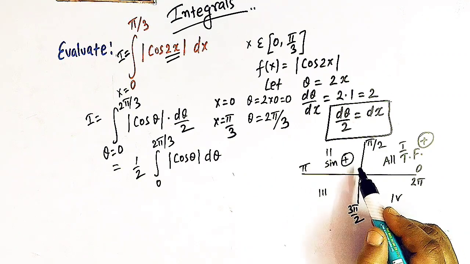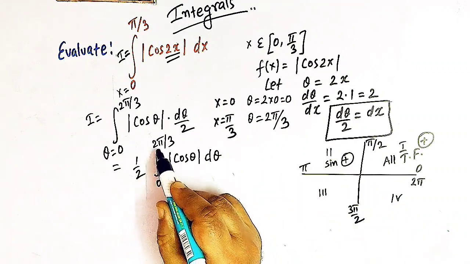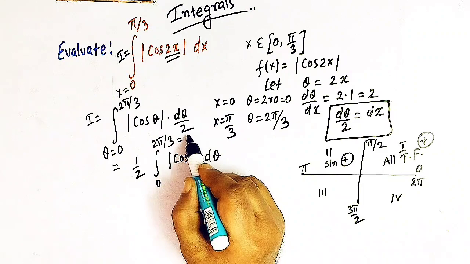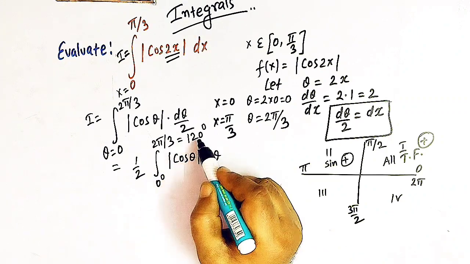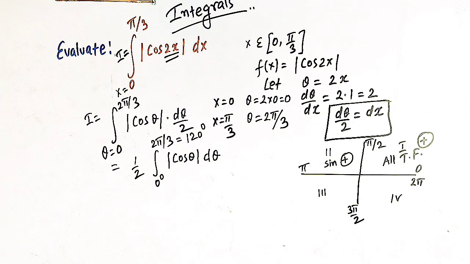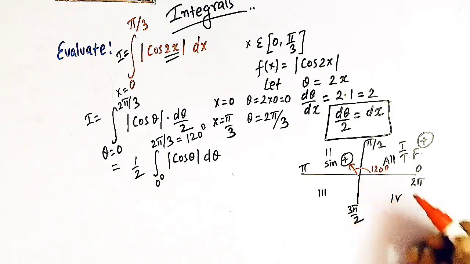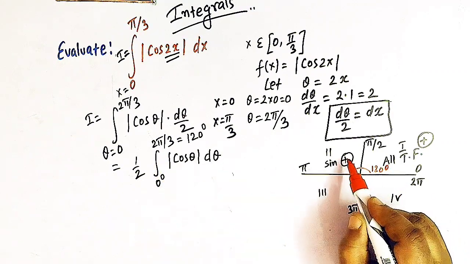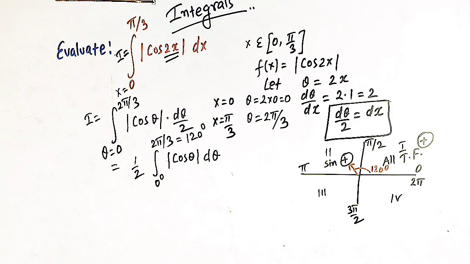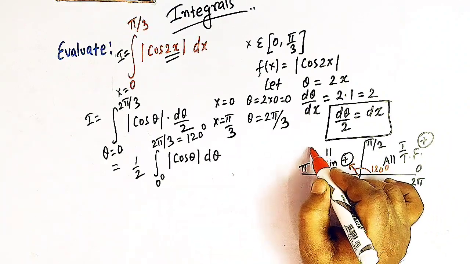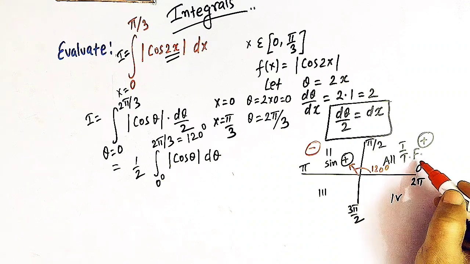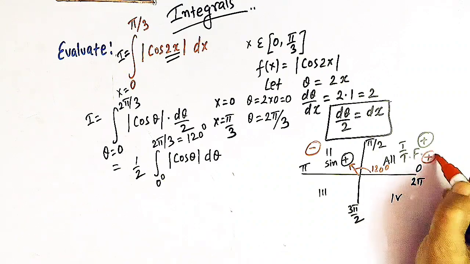negative. So here, since the limit of integration varies from 0 to 2 pi by 3, and 2 pi by 3 is 120 degrees, right? So we have to go from 0 degrees to 120 degrees, and 120 degrees lies in the second quadrant, right? So this is 120 degrees. So we are in the second quadrant. So now in the second quadrant, the cosine function is negative, and in the first quadrant, the cosine function is positive,